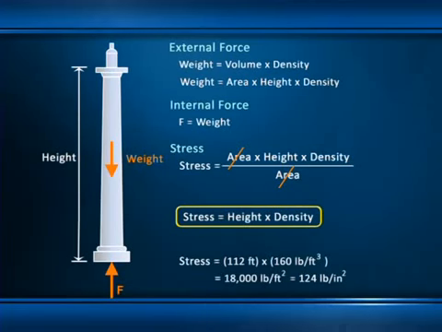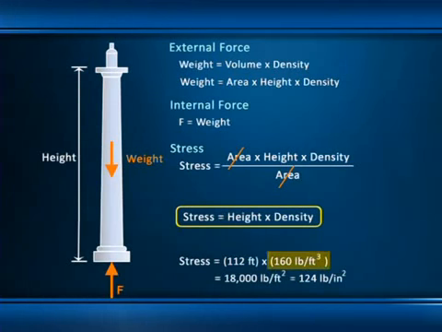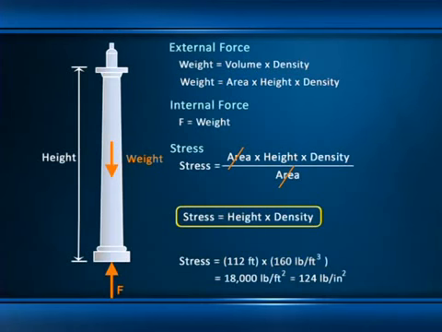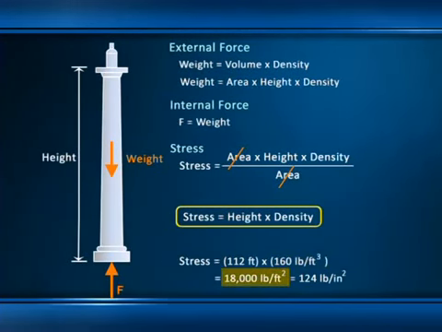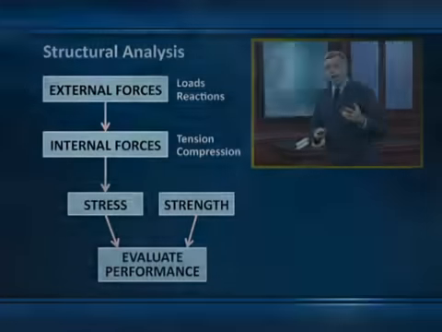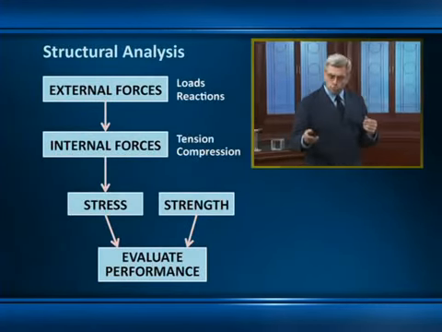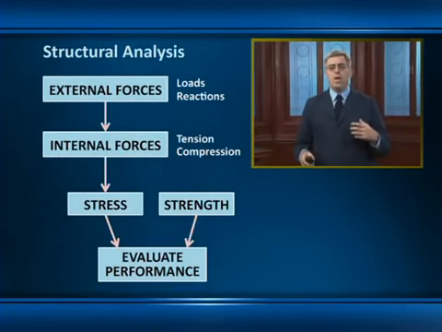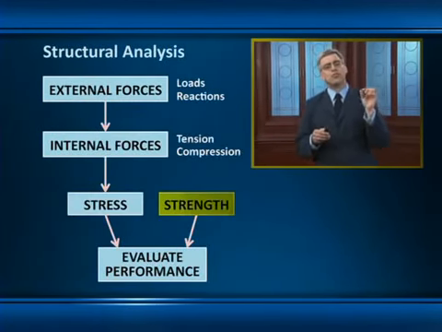Well, we can figure that out quite easily. The height of Trajan's column, not including the pedestal, is 112 feet, and the density of marble is about 160 pounds per cubic foot. So based on those numbers, we can calculate the approximate stress at the base of Trajan's column at 18,000 pounds per square foot, and doing the unit conversion, that turns out to be 124 pounds per square inch. Now we can evaluate structural performance in Trajan's column by comparing this stress against the strength of the